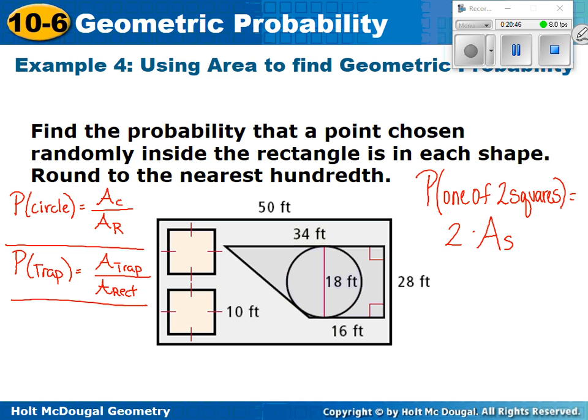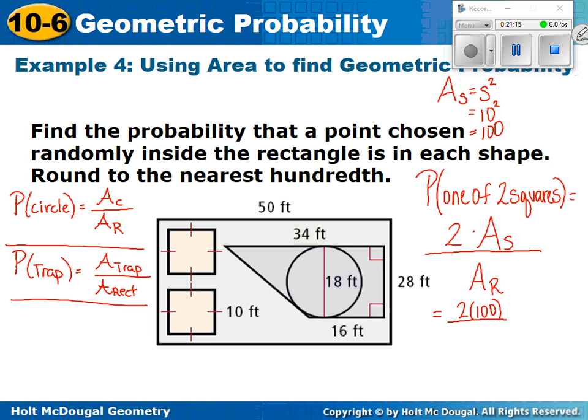Multiply it by 2. And then find the area of what? The rectangle. Okay, let's do that. So I'm going to go up here and show my work. What's the area of a square formula? Side squared. What's the side length of the square? 10. What is 10 squared? 100. So if I plug that in here, I have 2 times 100